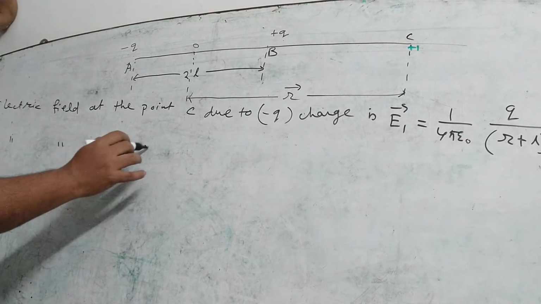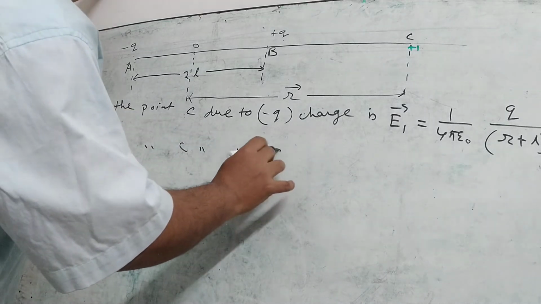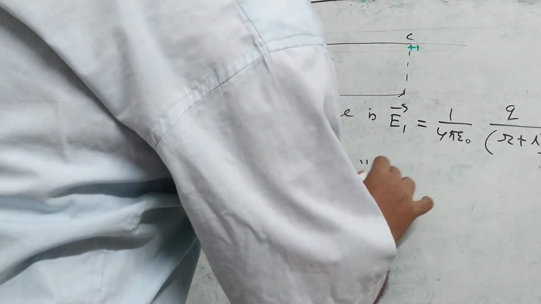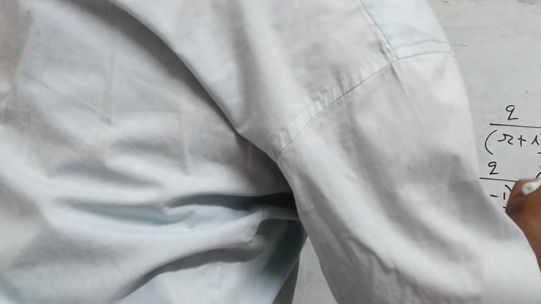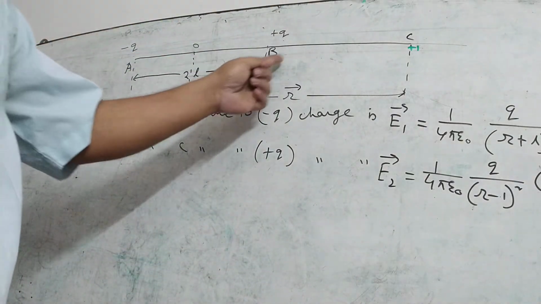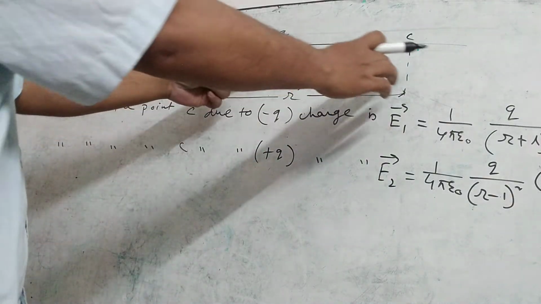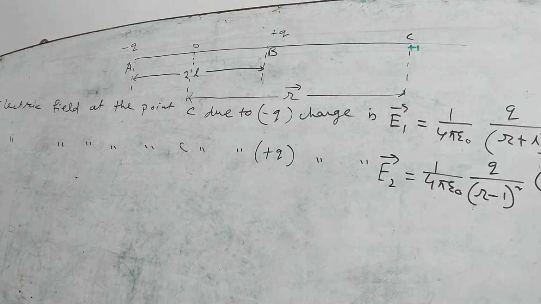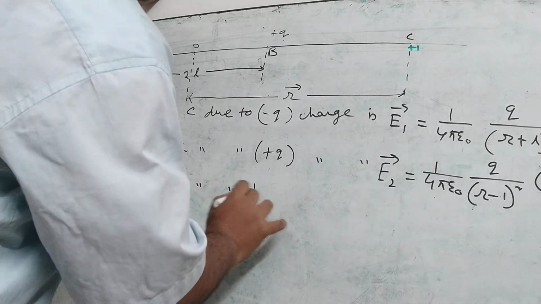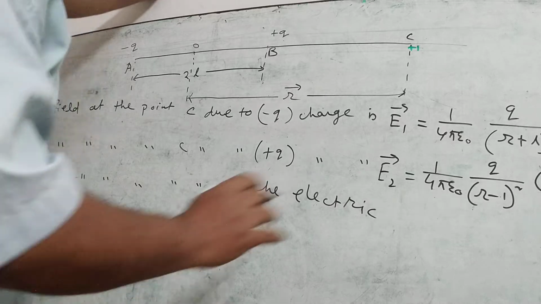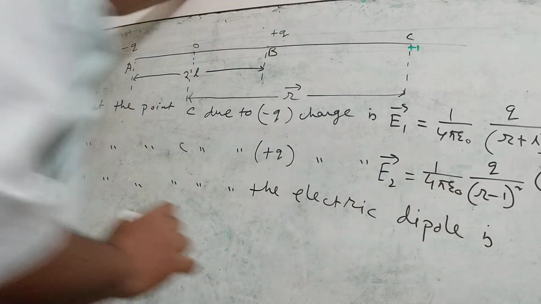Electric field at the point C due to plus Q charge is E2 = 1/(4πε0) Q/(R−L)² R cap, because the distance between B and C is R minus L. Therefore, the resultant electric field at the point C due to the electric dipole is